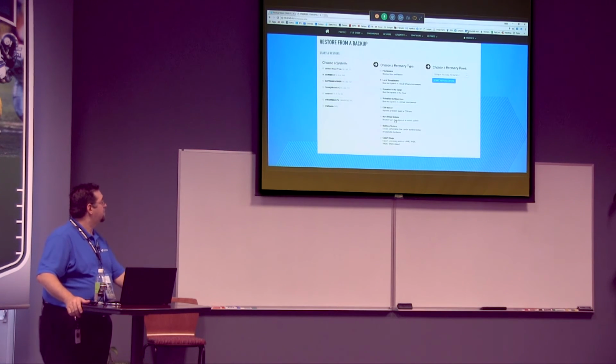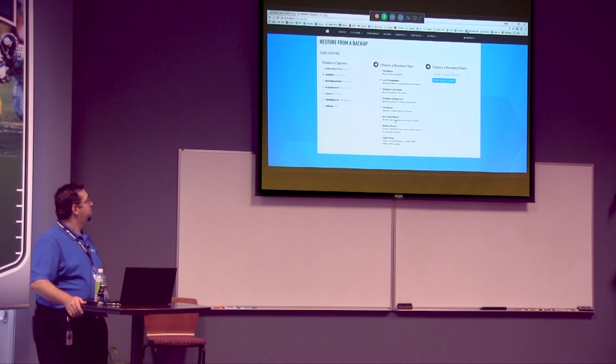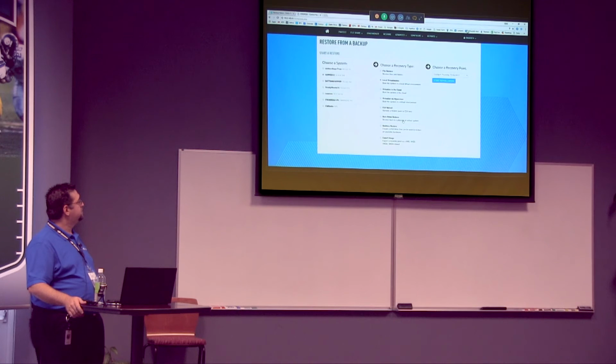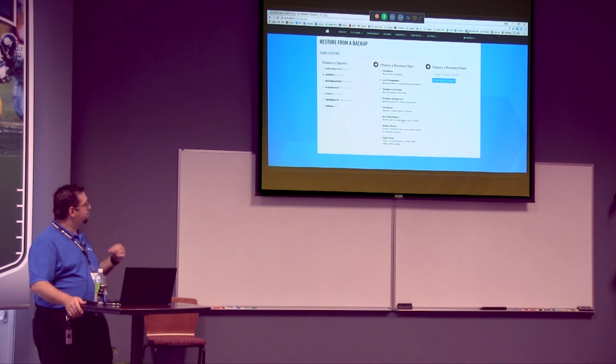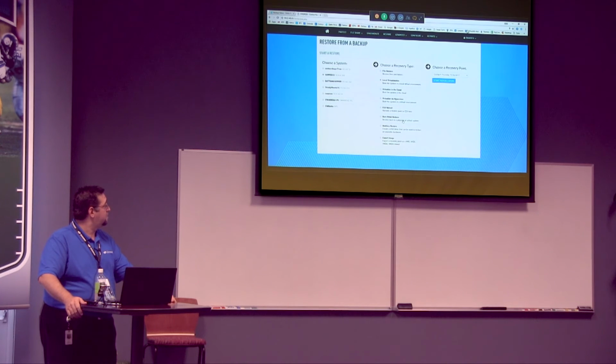Bare metal restore, that's essentially like re-imaging back to a physical piece of hardware. So the example there being, you get a new computer, or because the old computer is on the fritz or it's outdated or whatever the case may be, this is re-imaging back to a physical piece of hardware, giving you the same look and feel, applications, shortcuts, what have you, exact same look and feel visually from that old environment